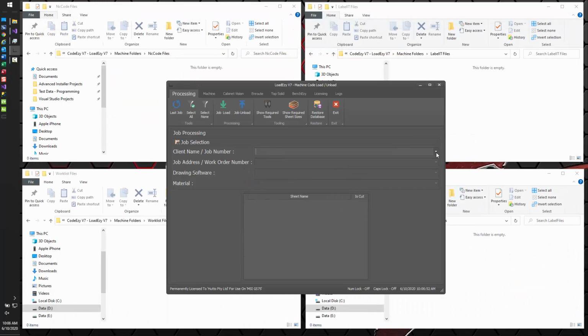I've just changed the settings so that LoadEzy will be emulating its use on a BenchEzy Rover B. So first of all, again, we can select our customer that we wish to cut a job out for. We've got multiple jobs or job addresses that have been processed for this customer, so we will select this particular one here. We'll work out which material we wish to cut now. So you'll notice here that we have an option for secondary operations. If the secondary operations had been processed through CodeEzy,